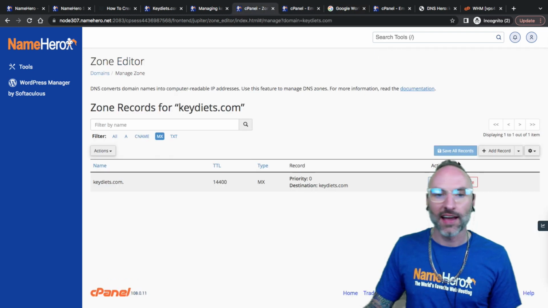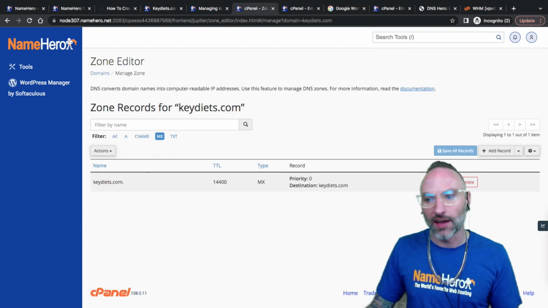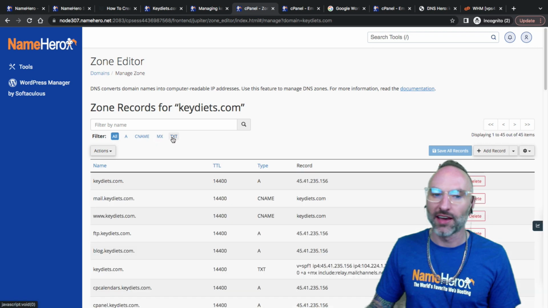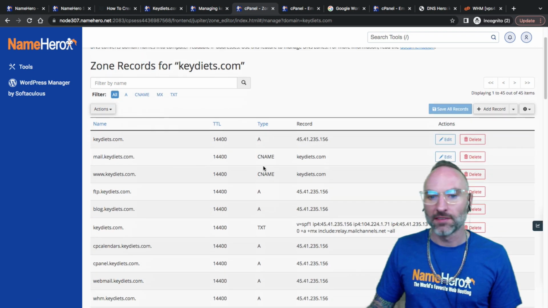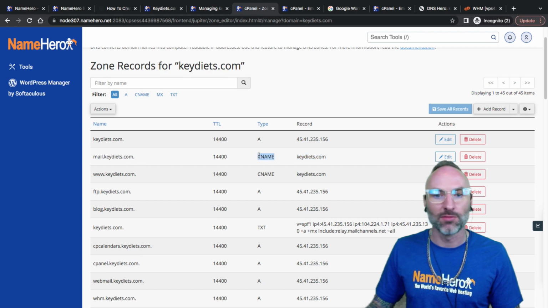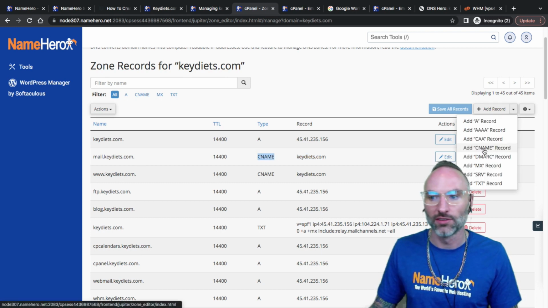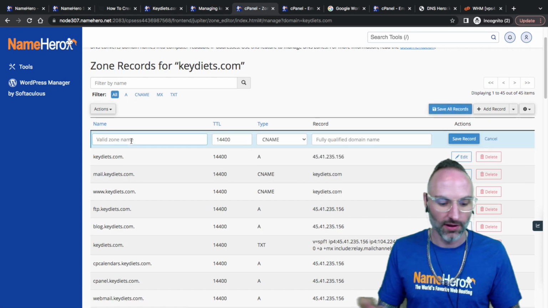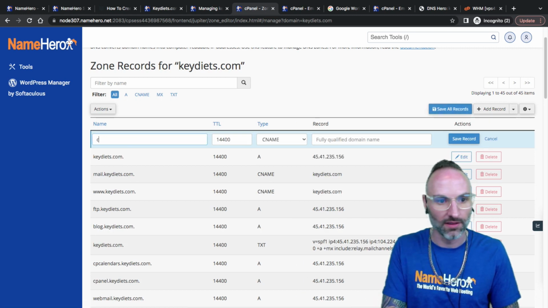All right, so that's how we edit, modify DNS records. MX is a good one to test with. CNAMEs are also a good one because that's an alias. So essentially, if you wanted to use mail.keydiets.com, that's going to be how you connect your email client. It's essentially just a CNAME to KeyDiets. And so a CNAME is basically just an alias. So if I wanted to, I can add as many CNAMEs as I want to. Just click Add CNAME and say I wanted to add, I don't know,